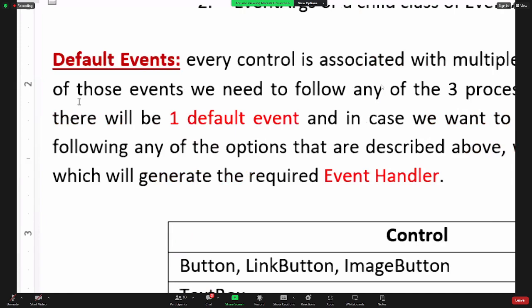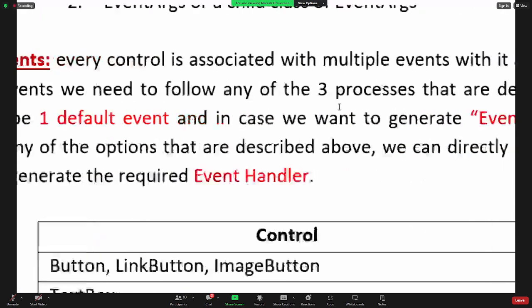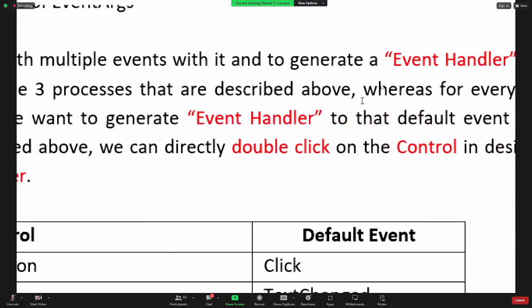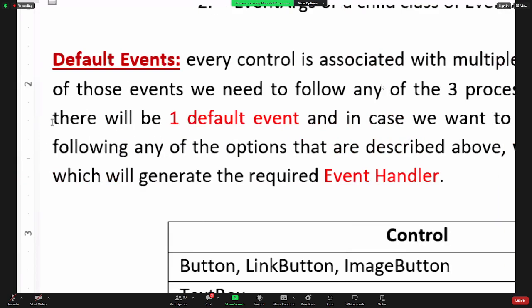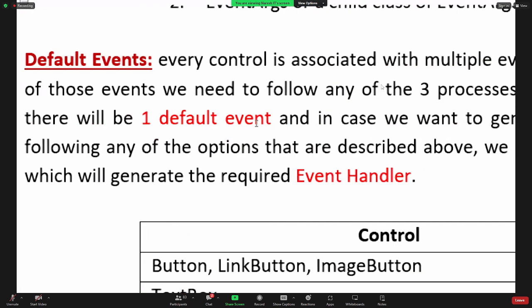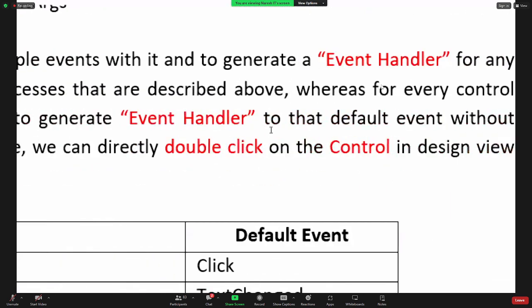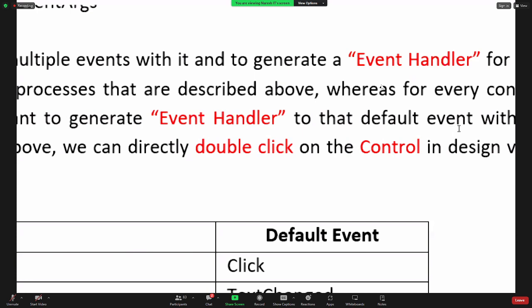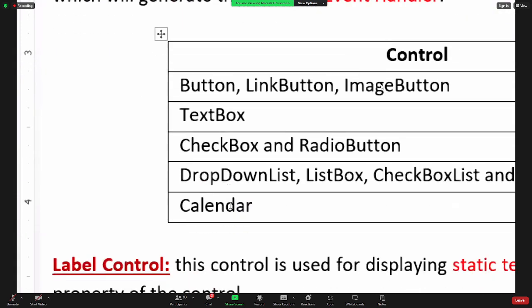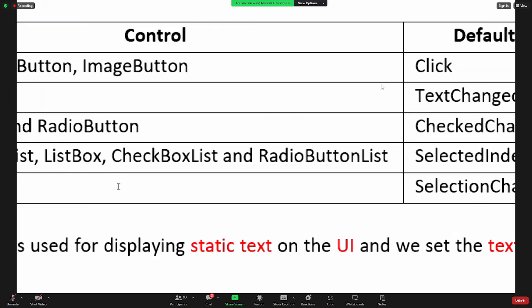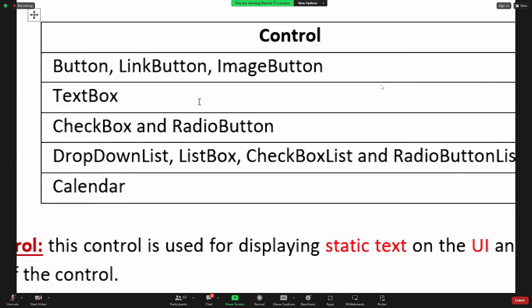For every control, there will be one default event. And in case we want to generate an event handler for that default event without following any of the options described above, we can directly double click on the control in design view, which will generate the required event. Yes, now I double clicked on the design view, I got it. See now, this is a list of the default events of your controls. Button, link button, image button,